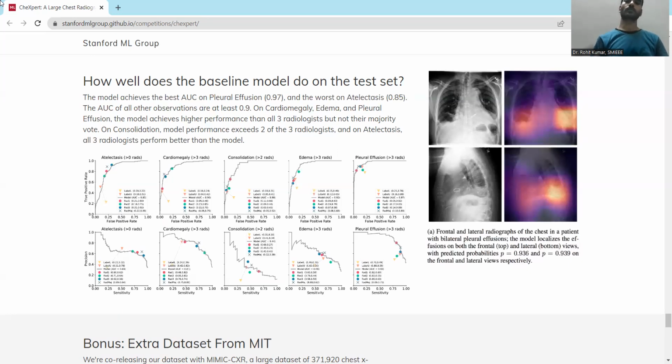The modality includes images, and obviously this particular data set belongs to the medical field. So if you are interested, you can explore. I will recommend you explore MIMIC-CXR and ChestX-ray8 and 14 also. Then you will have a whole idea of what sort of details are available with respect to chest X-rays or radiographs.